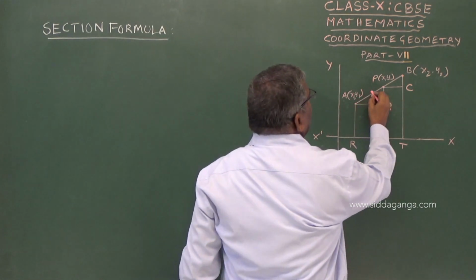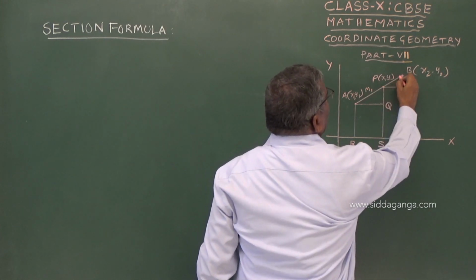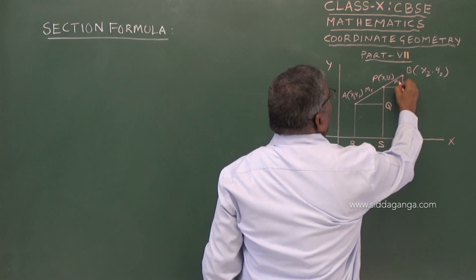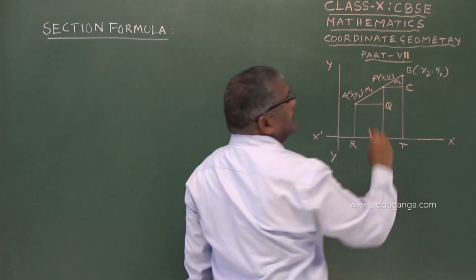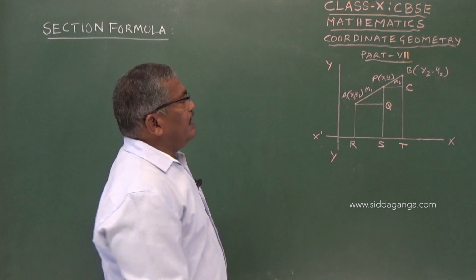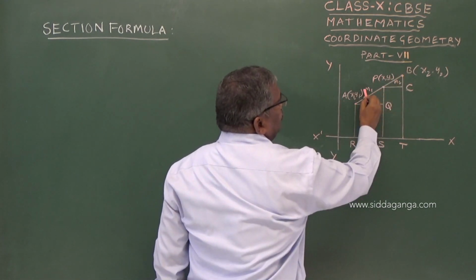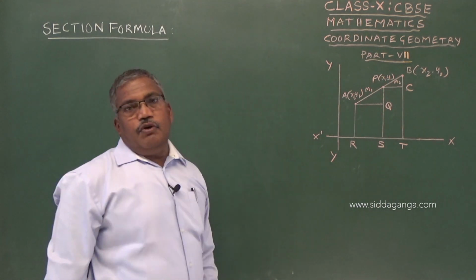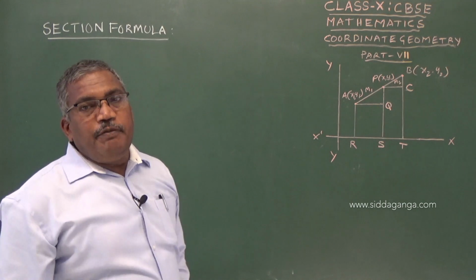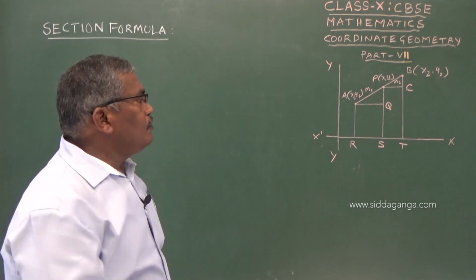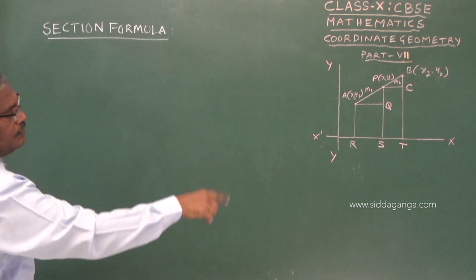Let us call this M1, M2. Remember, PA is M1, PB is M2. So, we say P divides AB in the ratio M1 is to M2. Now we have to find the coordinates of point P, that means x and y values. So, the procedure is,